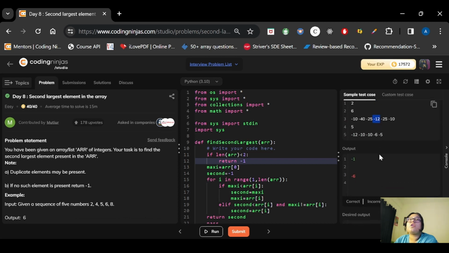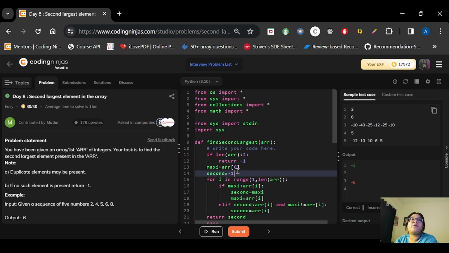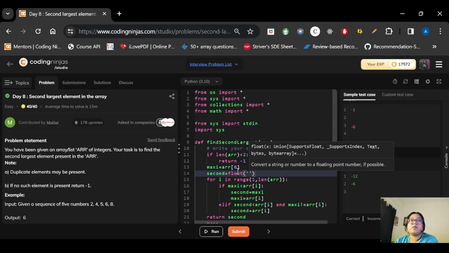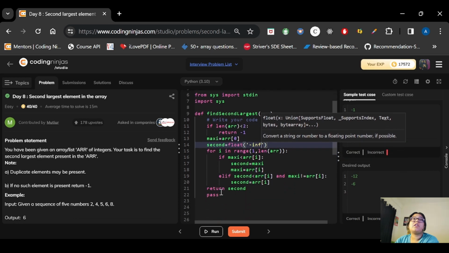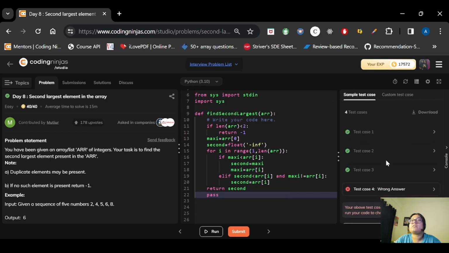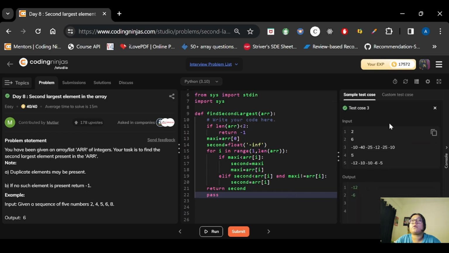Okay, so in order to avoid that, what we will do, we will initialize it with the least value. Okay, that is minus 2 per 31. Okay, for that in Python what we write is float minus infinity. Okay, so I have the negative value, that is the least. Now if I don't find a value, okay, if I don't find the second largest value, still I need to return minus 1. So in that case, before moving on, let's try to run this again. So this test is passed, right? We got minus 12 as a required answer.